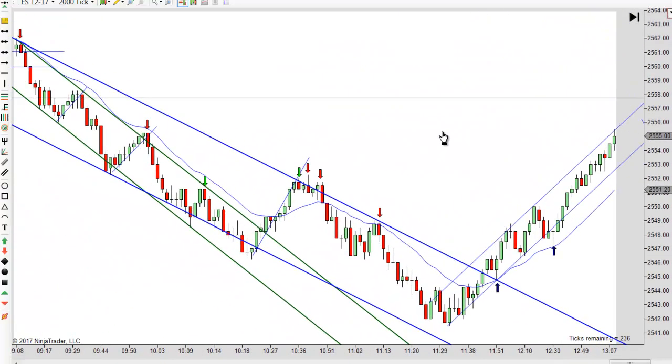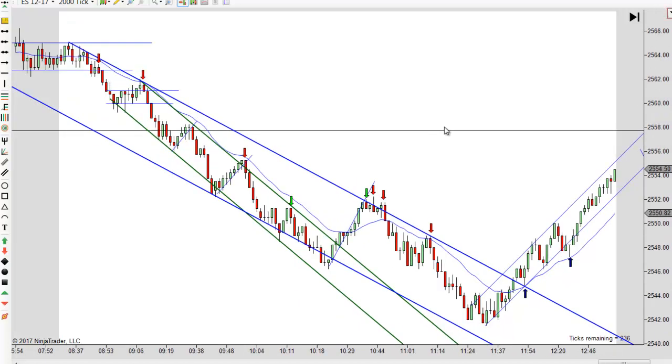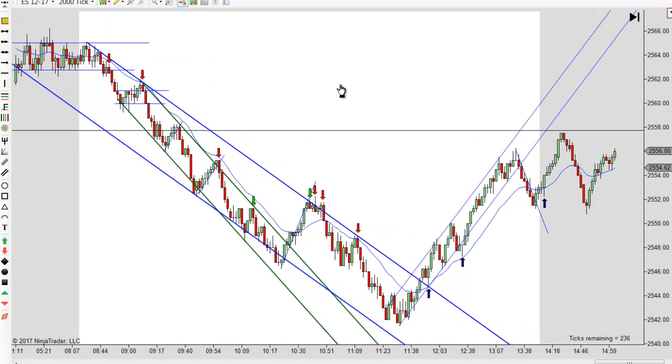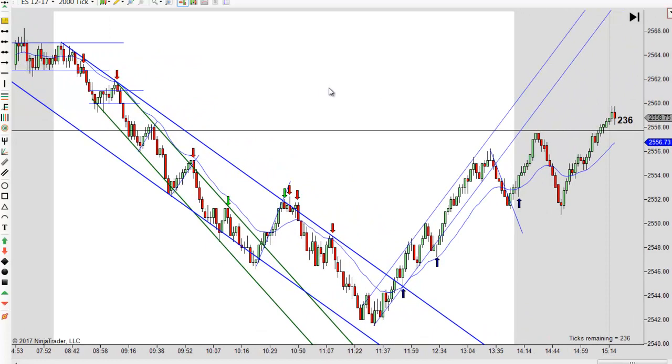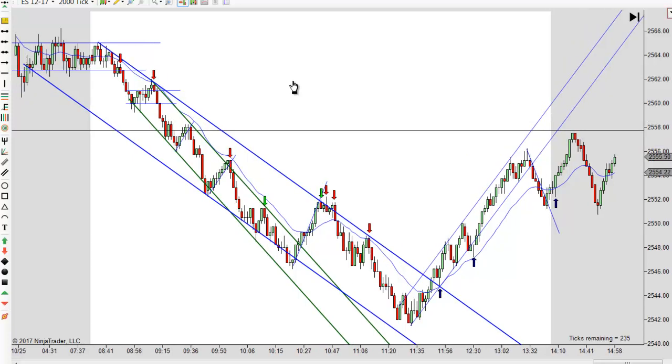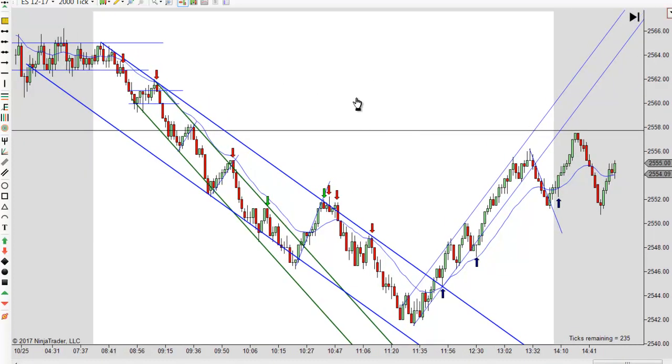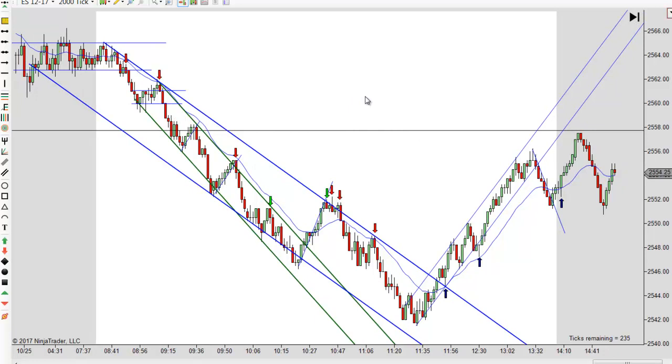But yeah, it was a really great day. Relatively straightforward. At least the trades I marked were all relatively straightforward. There were some other possibilities, like the short here, but you probably don't want to take that. There was another one in here somewhere. I can't remember. But anyway, we've been waiting for this one for a while, so hopefully you got a small